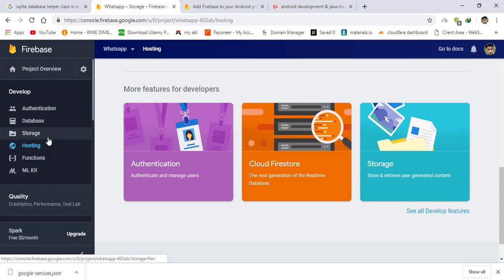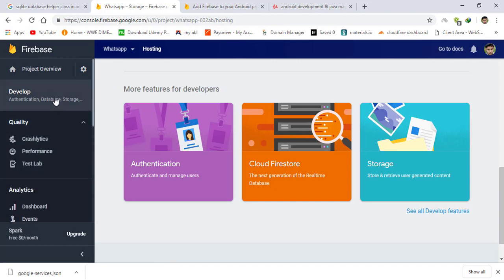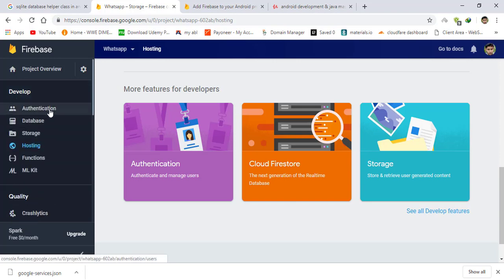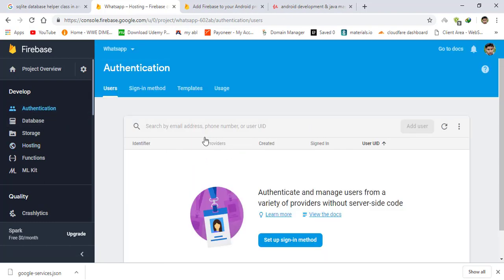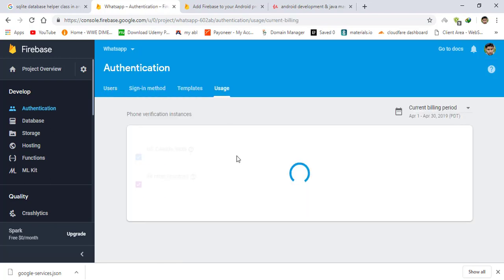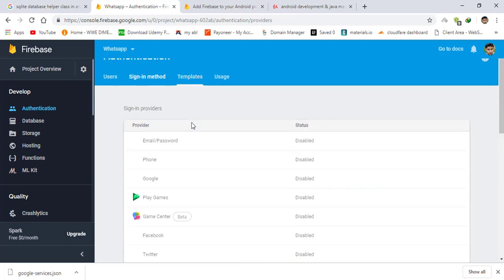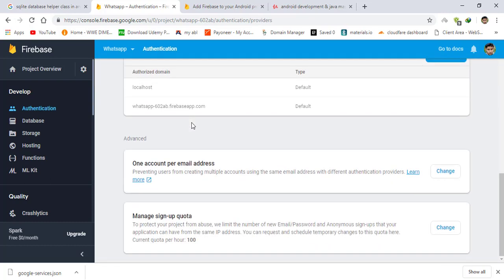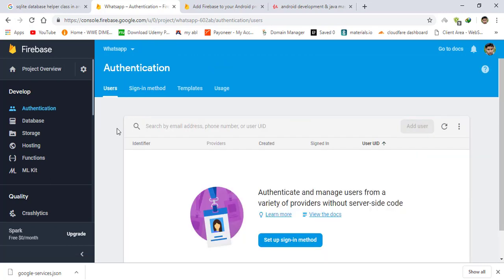So for this app, I'm going to authentication. Go to usage, sign in method. Let me check from where we can